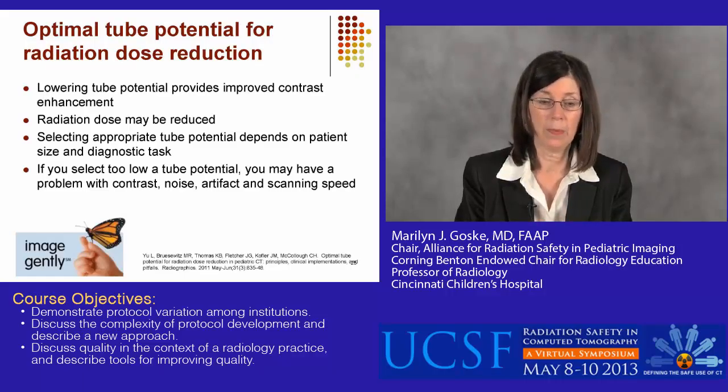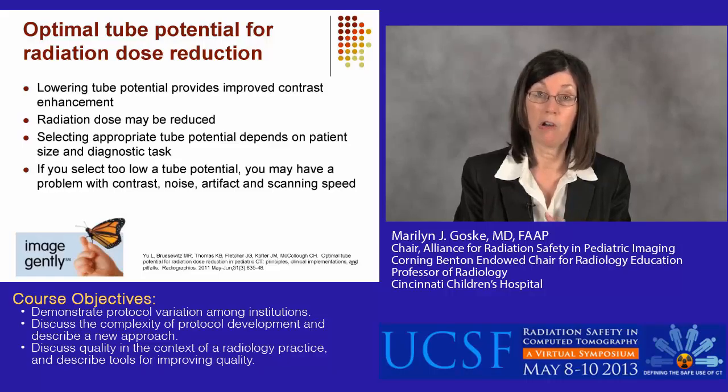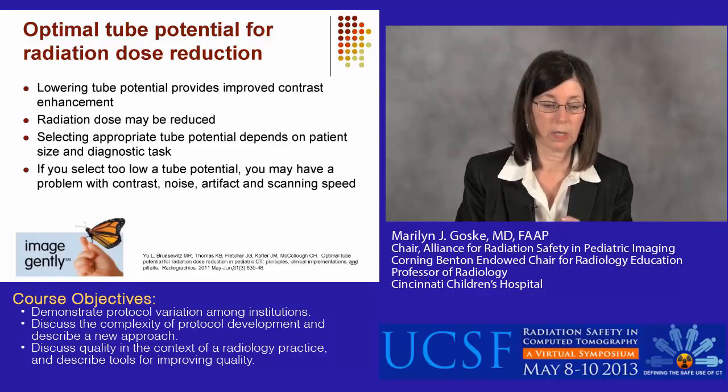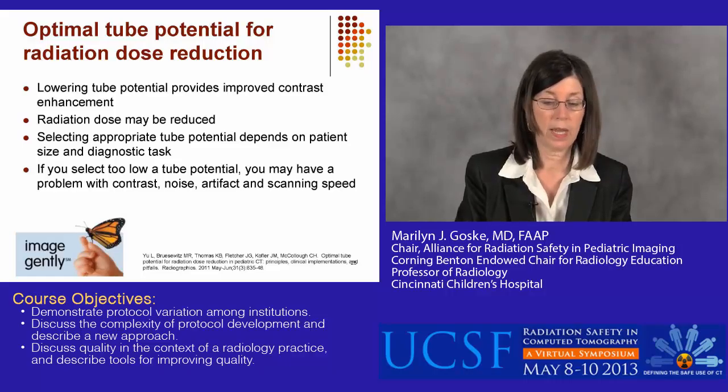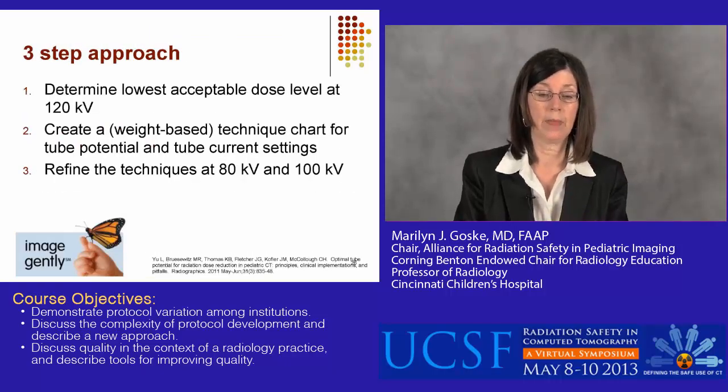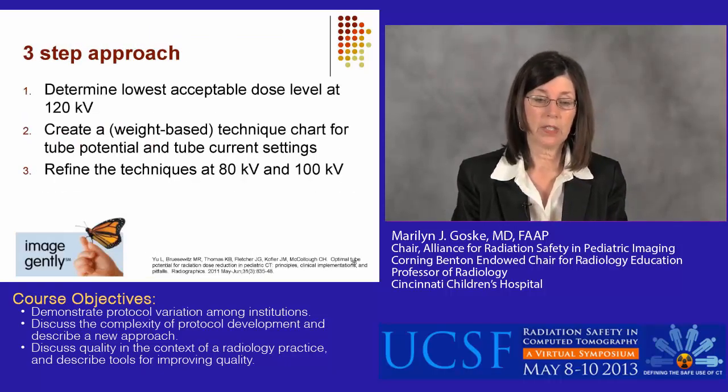This other paper from this same group described a method that can be used to lower radiation dose using tube potential. And it talks about how if you lower tube potential too much, you have a problem with contrast, noise, and artifact, as well as potential problems with scanning speed. Next slide. So this article talked about a stepwise approach that I found very helpful,